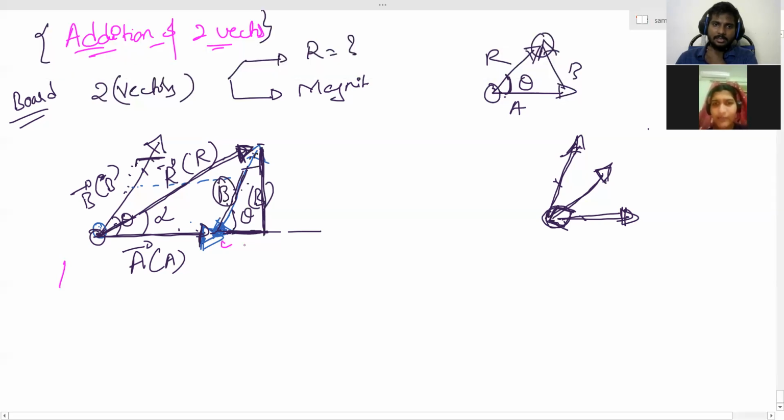I want this side. This will be A, sir. How will it be A? I am asking only about this side. This is the magnitude I am talking about, vector. Shift means what? Will this become A? Then it will be like this. I want only this length.